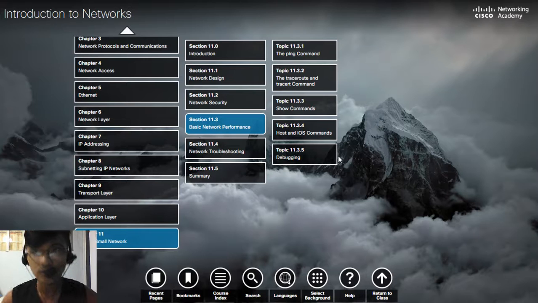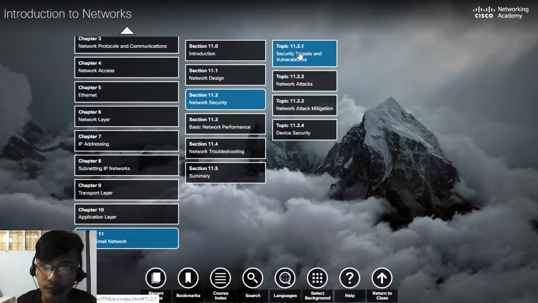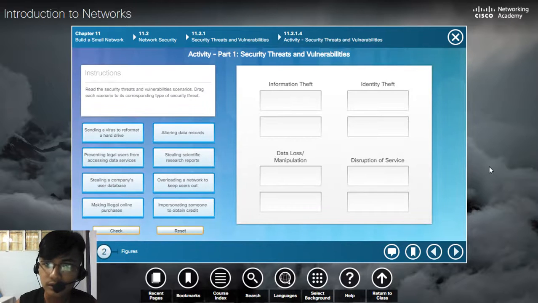And for today's video, we will be answering the activities for chapter 11 entitled Build a Small Network. So let's start first with this first activity. We have this activity entitled Security Threats and Vulnerabilities, and given to us is the security threats and vulnerabilities